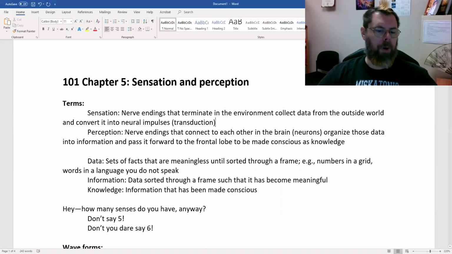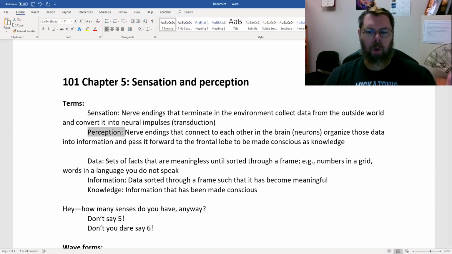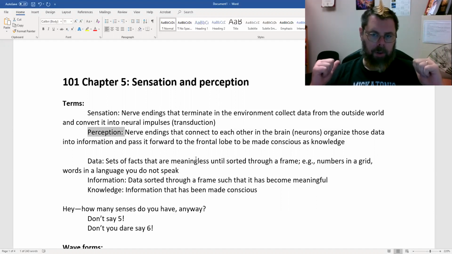So, perception is when the appropriate part of the brain for that sense gets a hold of all that data and processes that data such that the data becomes information. So in the eye, you have the retina, and it's just light receptors gathering light and going ooh, ping, right, and telling the brain every time it's getting a ping.